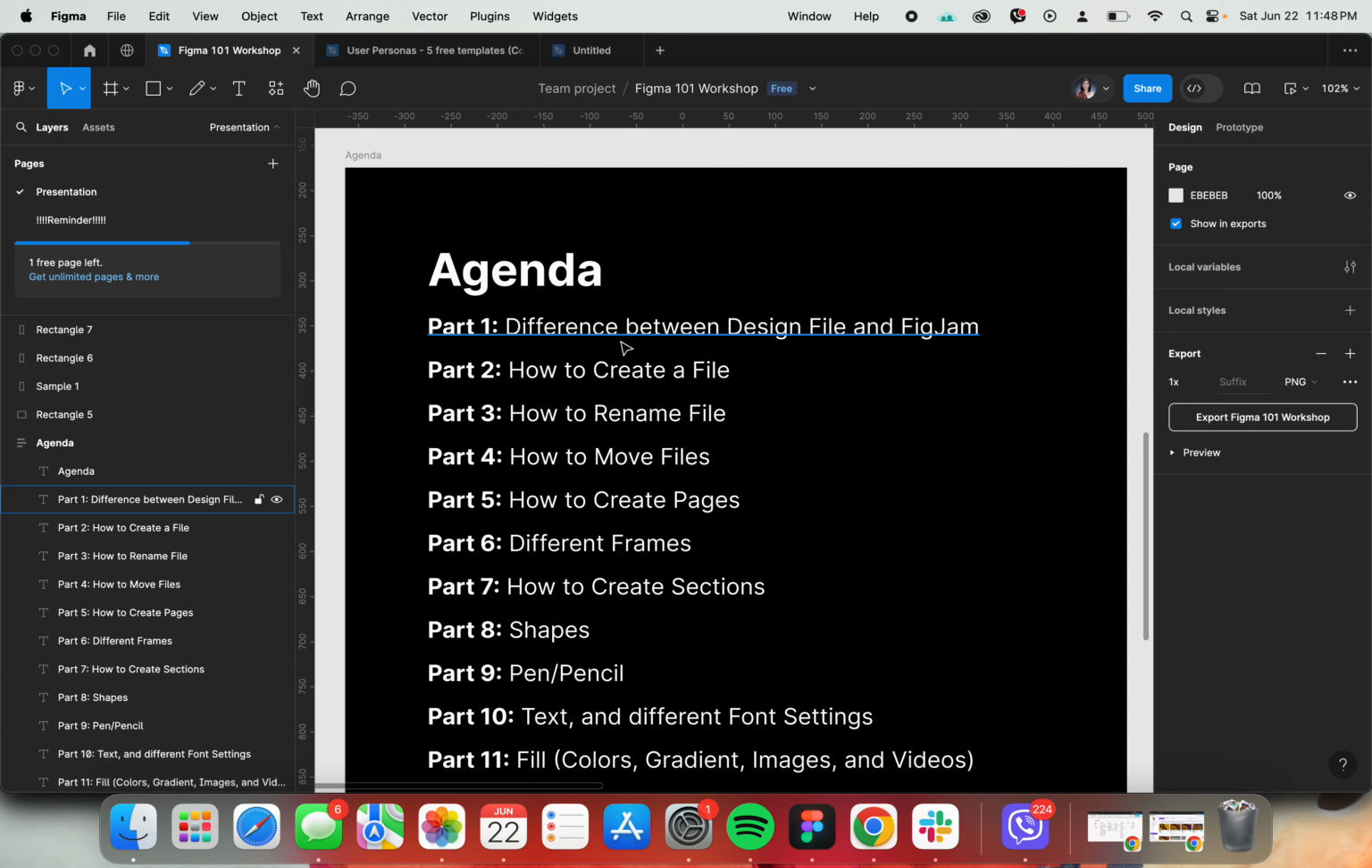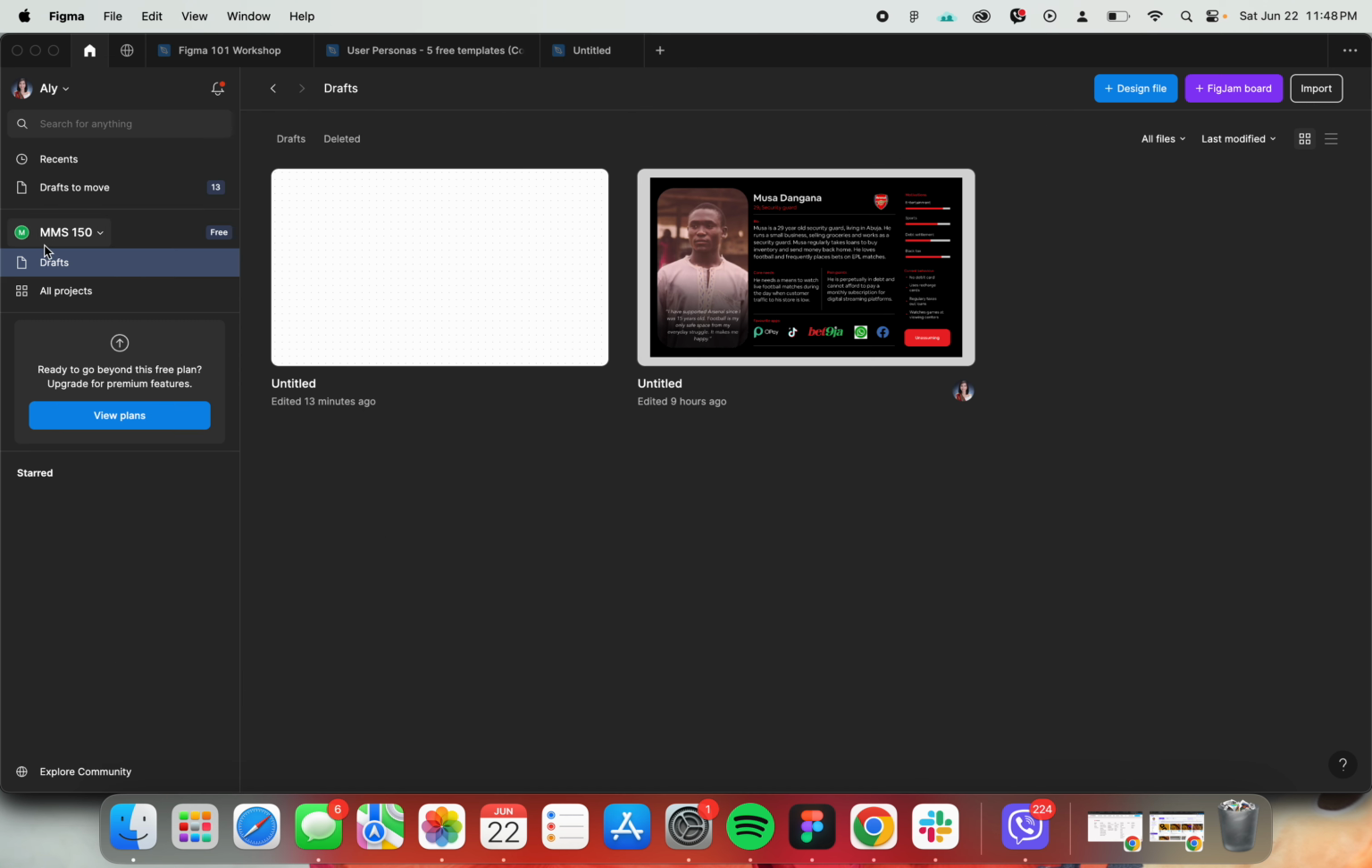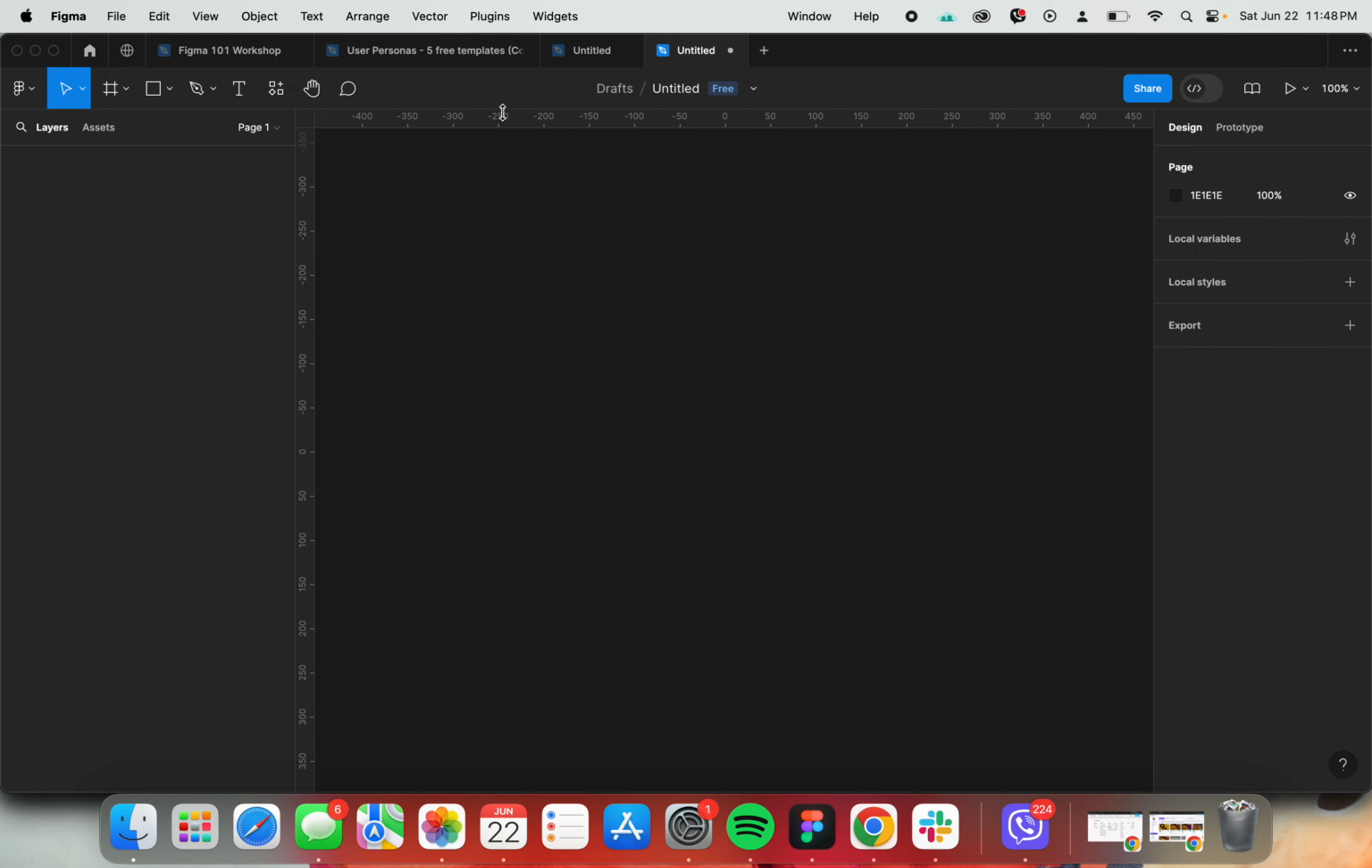So first is what is the difference between design file and Figma Jam. You can go ahead and click this homepage. We have this design file and Figma Jam board. So we can go ahead and click this design file, right? And this design file is mostly used for UI design and UX design. UI design, for example, is with the colors and stuff, while the UX design is if you know wireframes, which we will be discussing for week, if I'm correct,